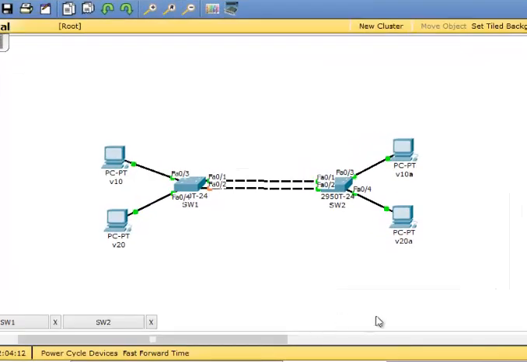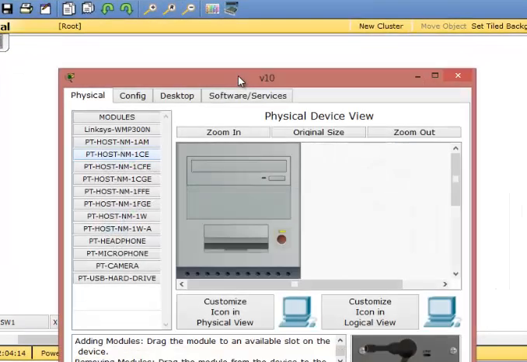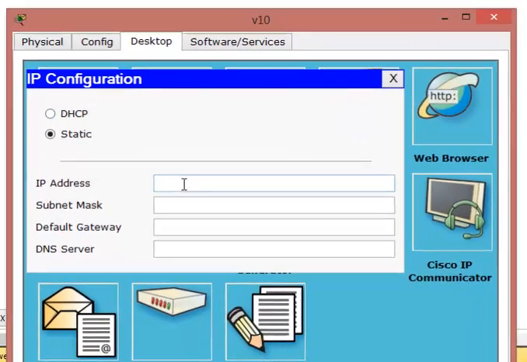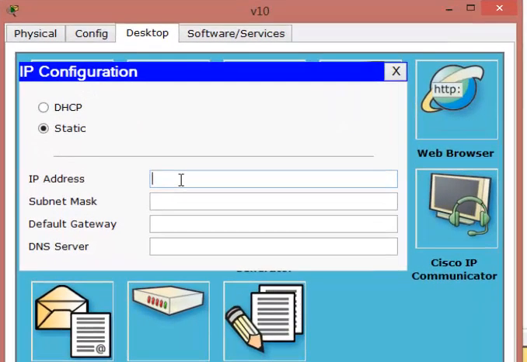After we configure the native VLAN, we'll be going to configure the IP of each PC. Start.